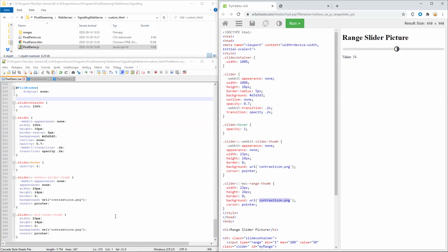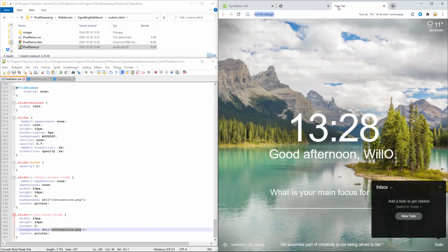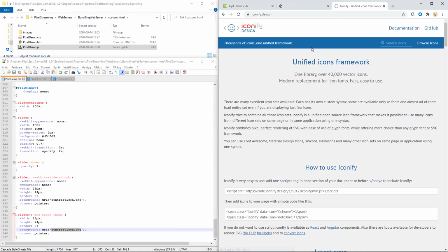So what I tend to do is change this by using a very useful website called Iconify. Iconify.design is really useful for just copying a lot of icons and using them in your own website.